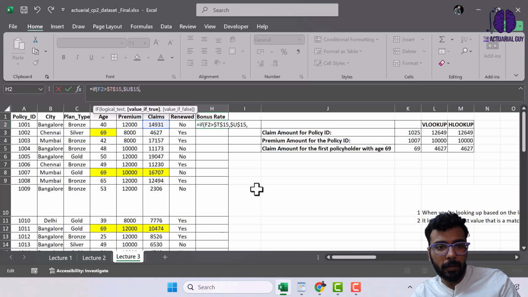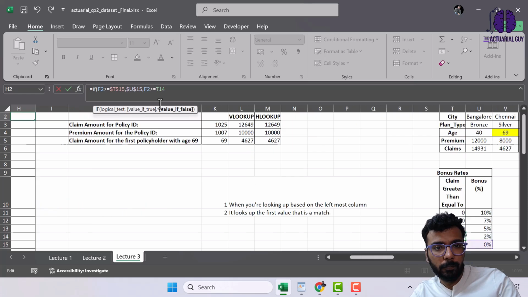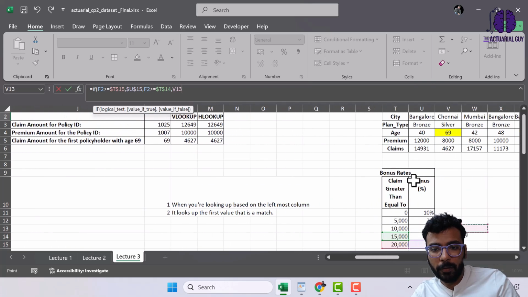Otherwise, if this is not true, then if this claim amount is greater than 15,000, and we should use greater than or equal to actually. So if this is greater than or equal to 15,000, then the percentage applicable is 2%,